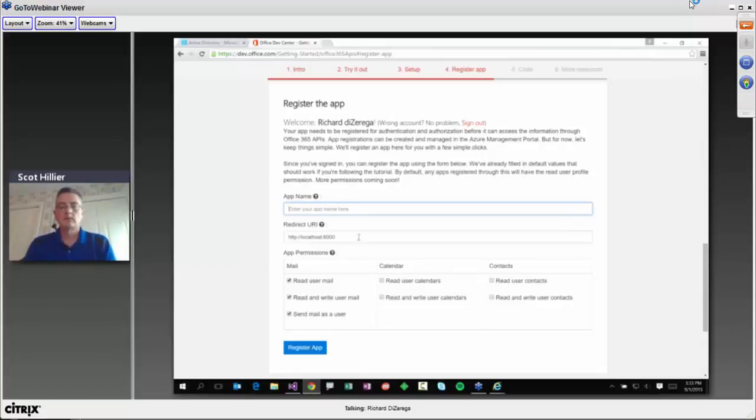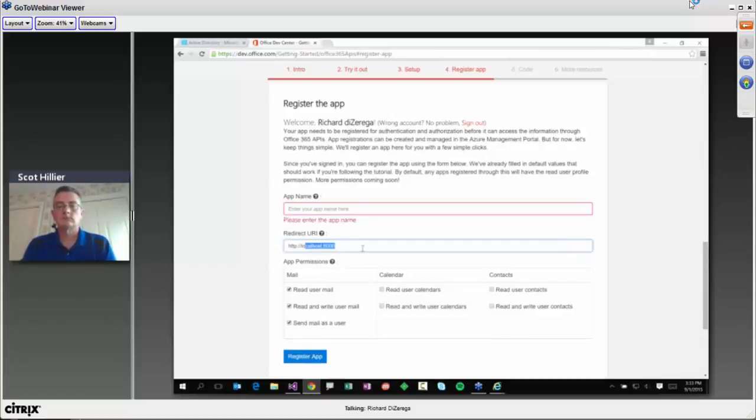So you can see here it says register an application. You can give it a name. You can give it what the redirect URI is. We'll talk a little bit about that here in a moment. And then you can specify what services you want to connect into. And so this is pretty new. This was just released in the last month, but it makes it a lot easier. You never really have to go to Azure anymore to register one of these applications.